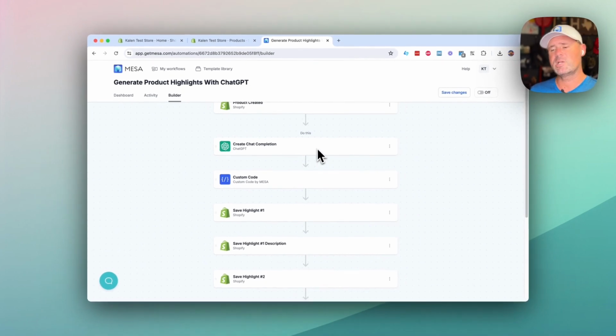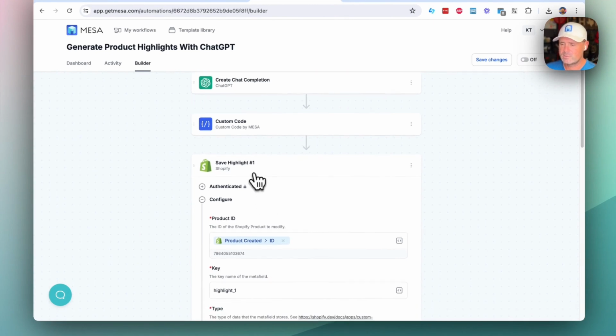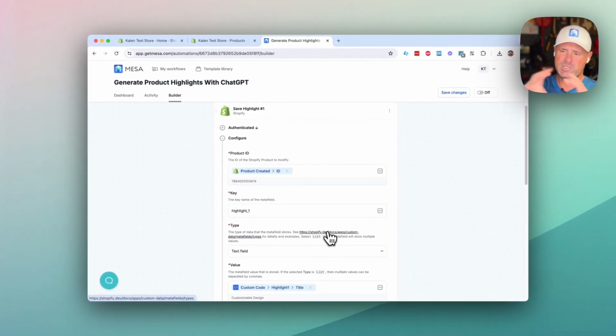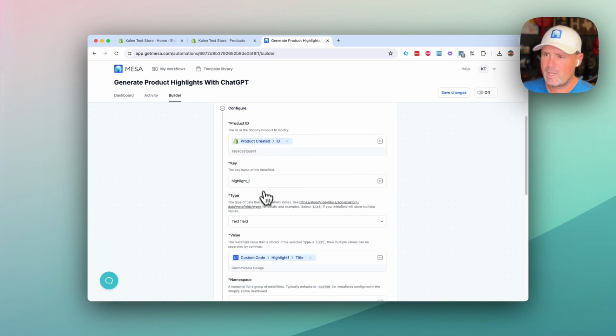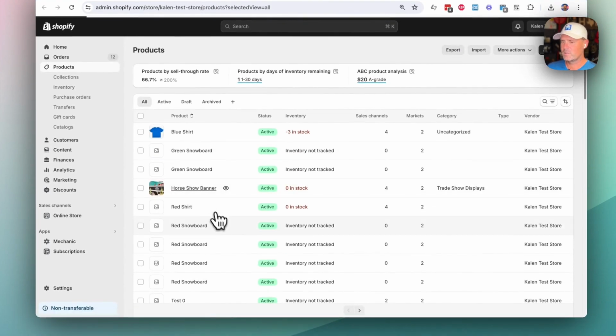What we're doing is we're telling ChatGPT to give us a JSON response so we can easily save the individual fields into meta fields. So instead of just giving us paragraphs, it's giving us structured JSON that we can use to populate each of these. And on the product side,